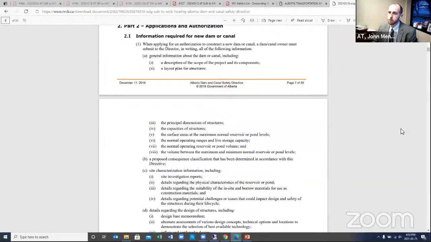In our discussions with the Director of Dam Safety at Alberta, this process, while not laid out explicitly in the directive, is a kind of stepped or phased process for submission of an application. And I'll give you a reason why. If I could reference you to section C6 on page 9,